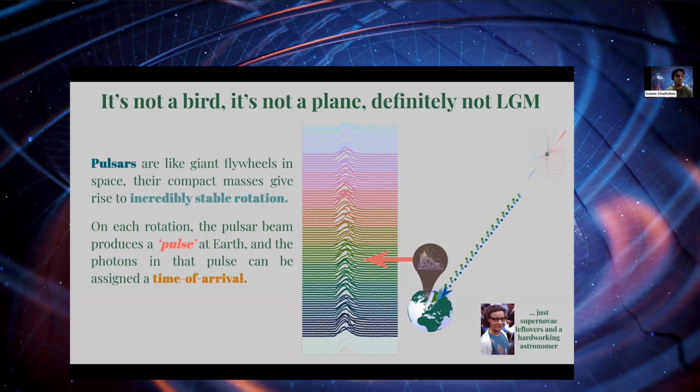As these objects collapse to form their compact cores, they also happen to pick up a very rapid rotation, and because this is now like a magnet spinning around in space with